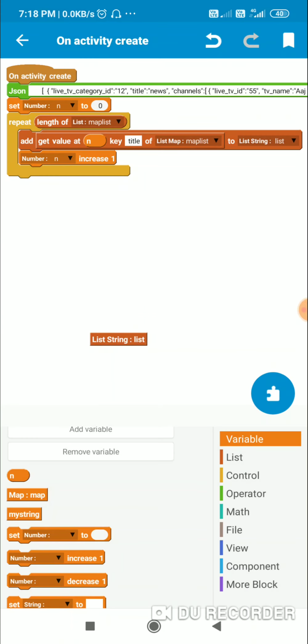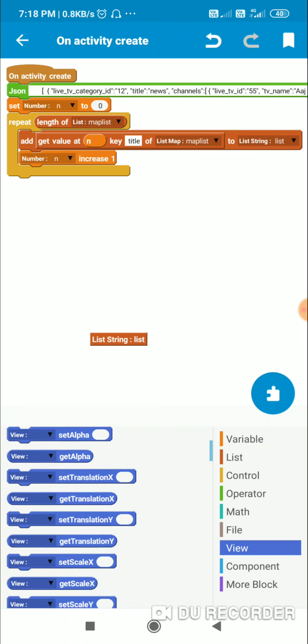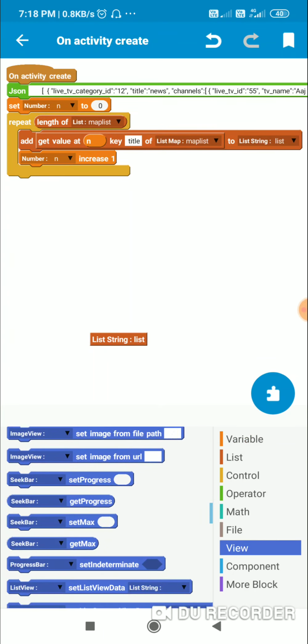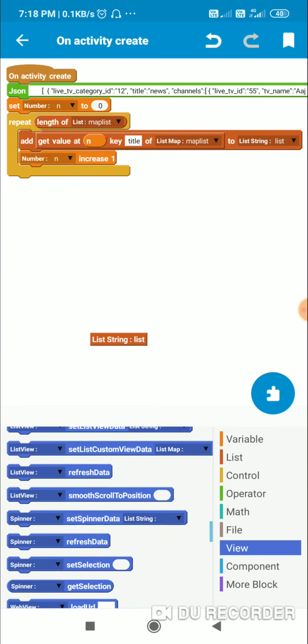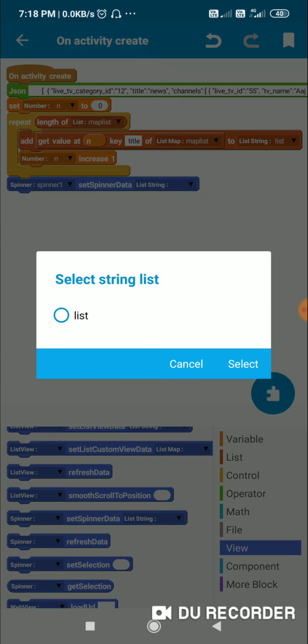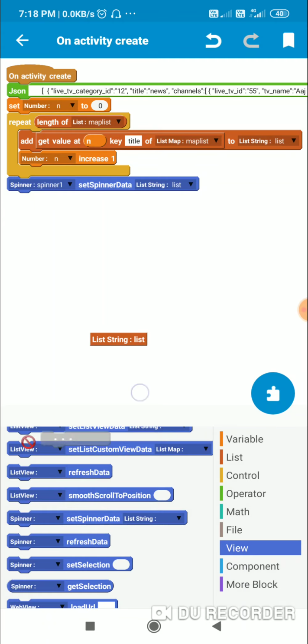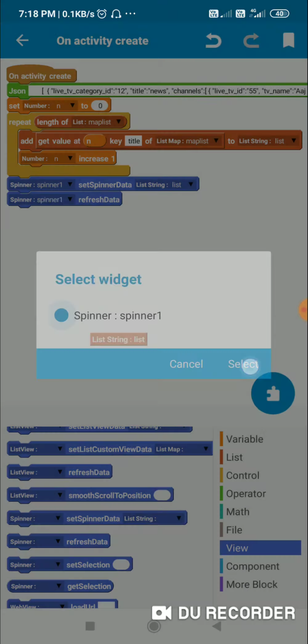Okay, so now we have a list of titles and we can display it in the spinner. Here I will add this spinner, set spinner data and spinner refresh data.